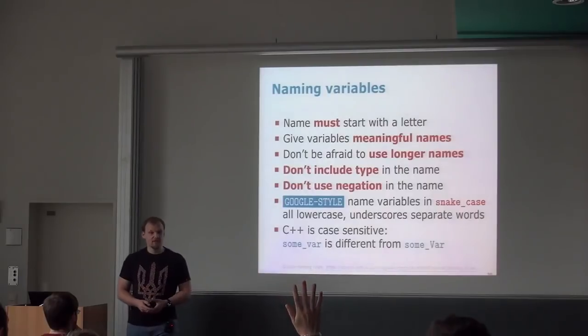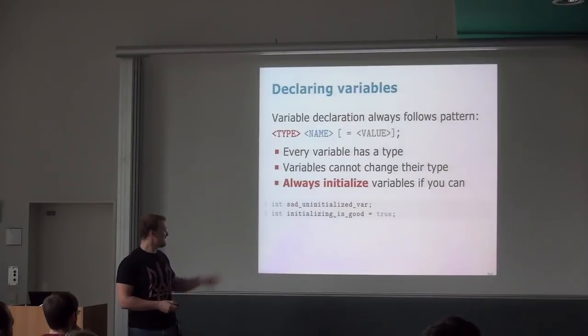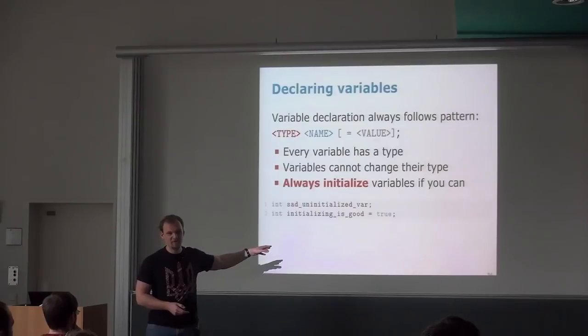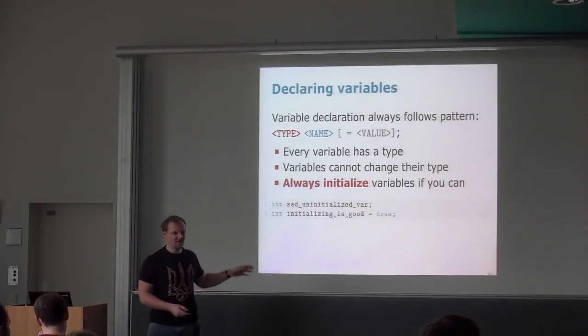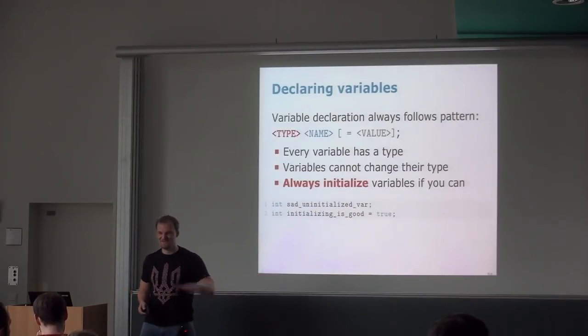Let's talk about naming. Yeah, sure. And the second one. Yeah, the integer, but it's a Boolean. That is true. That is a mistake. That should be a Boolean, or that should be a 0. I mean, it will compile, because, as I said, C++ allows you to do everything, but this is a mistake. Don't do it. So I will change it in the slides that you get on the eCampus.